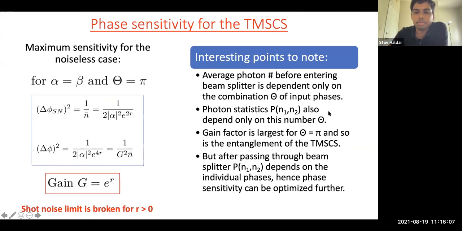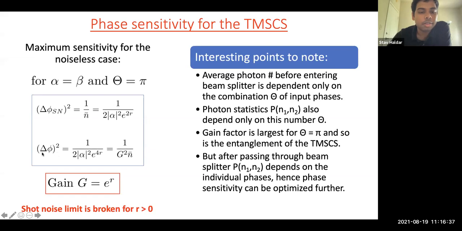So again, just to see what kind of benefits we get from the two-mode squeezed state, we see that for a specific case where we choose alpha equal to beta, so the two input coherent modes are exactly the same, and the maximum angle in terms of the phase sensitivity, then the shot noise limit 1 by n bar is